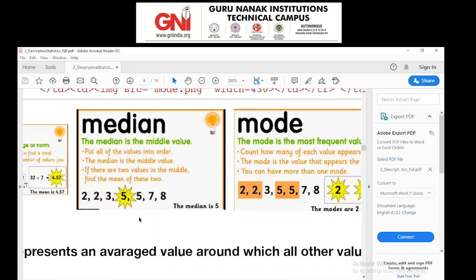Suppose all of you write down the values I am giving. Suppose you take, for example,